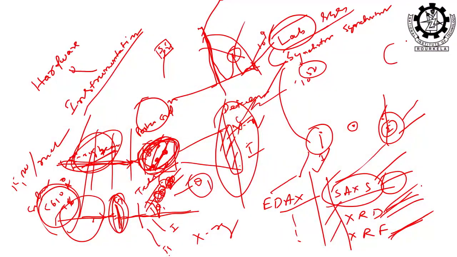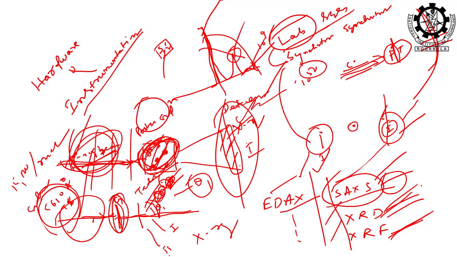Parallel beam. That is why there is a collimator. Collimator's job is to get a parallel beam. Right? If you go for a spectrometer, here is a prism table, this side is the collimator and this side is the telescope. This is the prism table, this is the collimator, this is the telescope, and this telescope is movable. Here you are putting your grating, and this is the collimator that gives the parallel beam of sodium light. Right? So, similarly, here also you should take a parallel beam of X-ray.